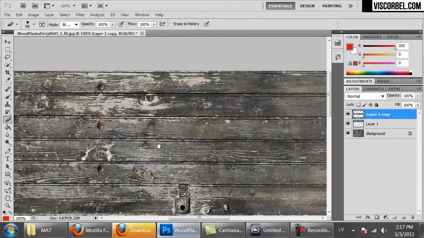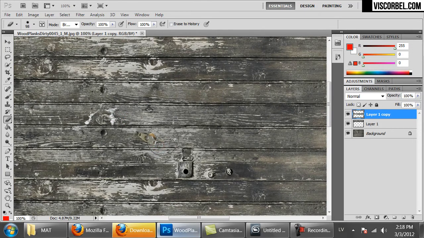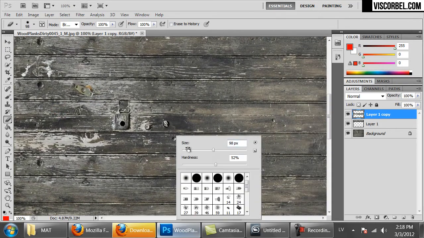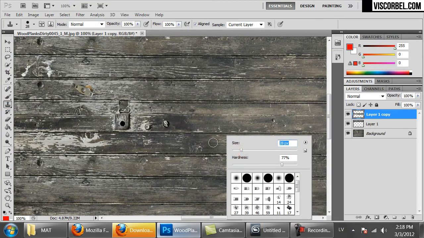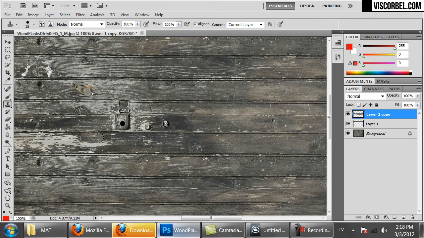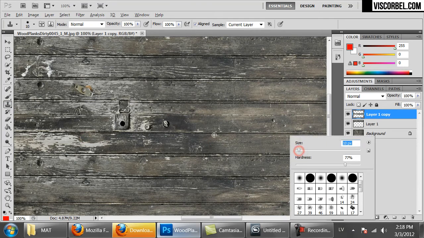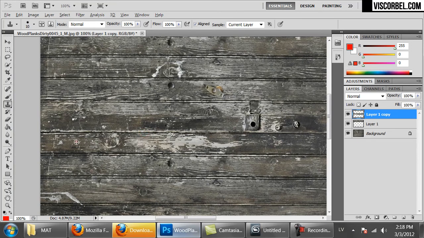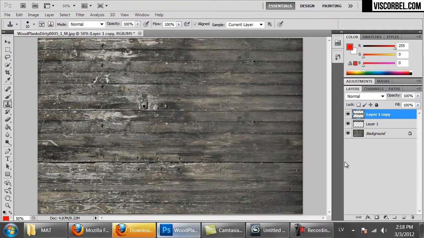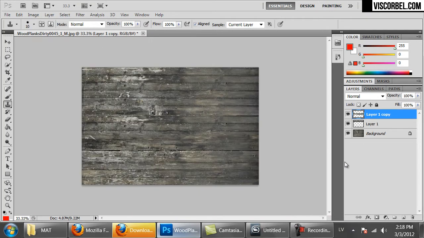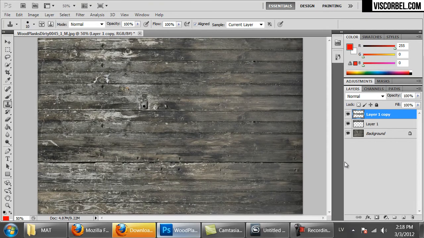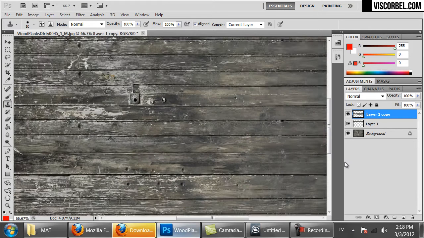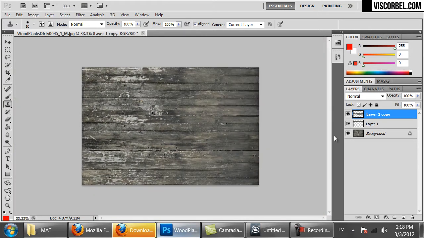Okay, now this knot is exactly the same, so let's use the clone stamp tool to get rid of it. And some adjustments here as well, just so it doesn't look the same. Perfect. Now this texture should be tileable vertically. To make it tileable horizontally,